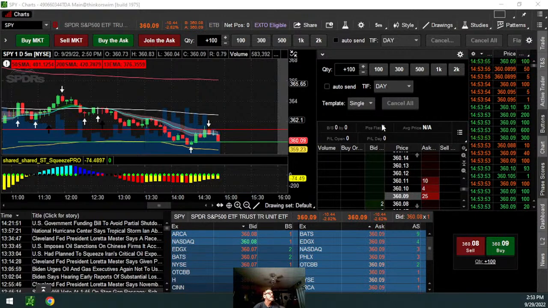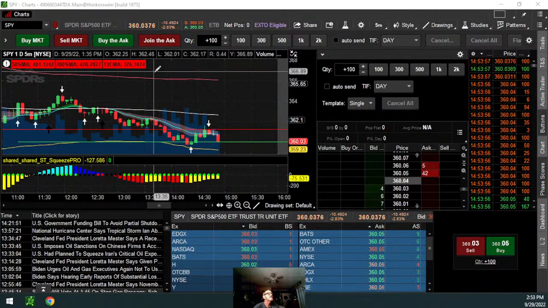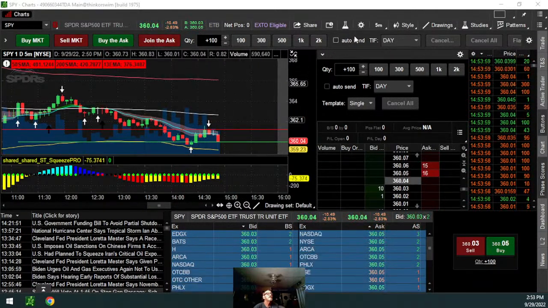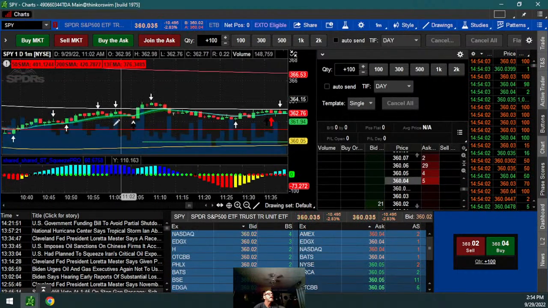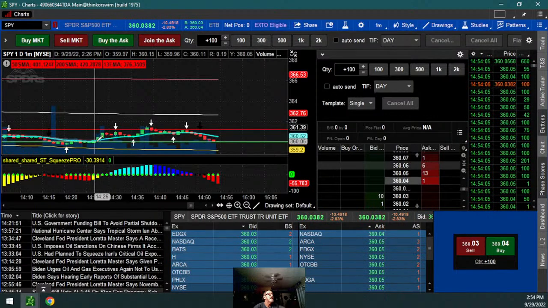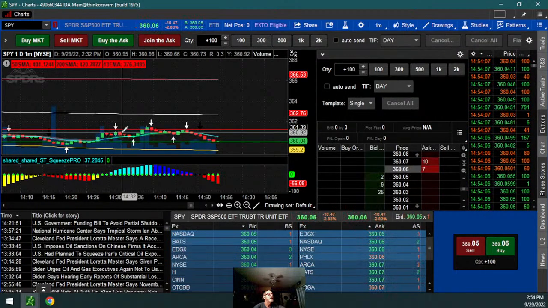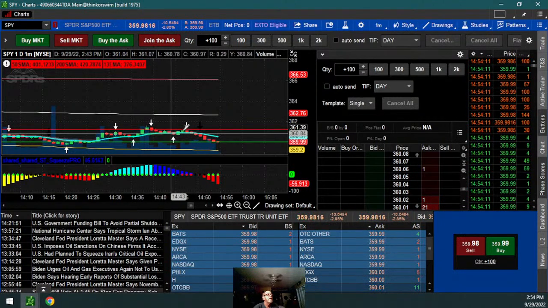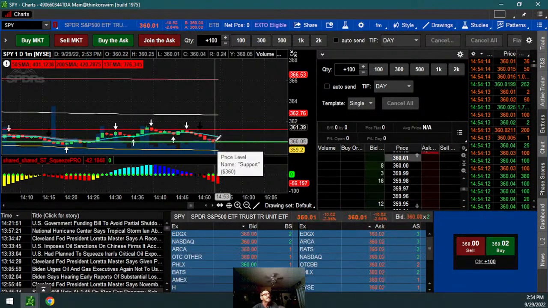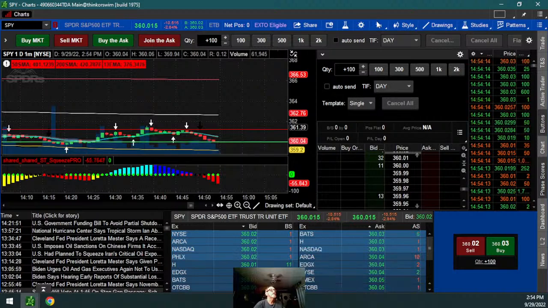As you can watch this, I'm watching it on a 5-minute, but if you look at it on the 1 minute, just to see what's really going on, you can see it came from a low, came back up, built a higher low, then came up, built another higher low, then came up and dropped back down. And I don't think it's going to hold.